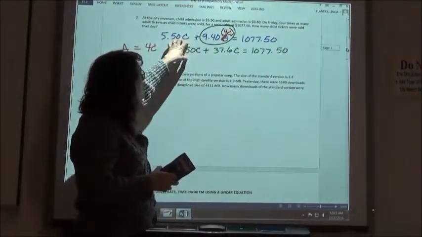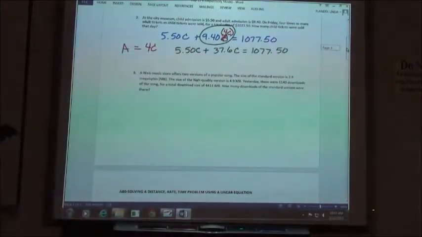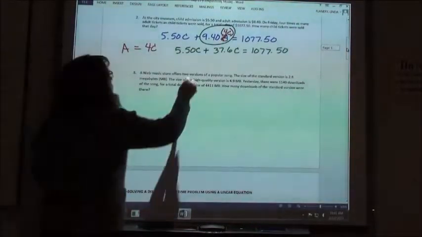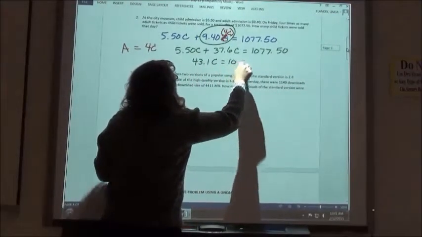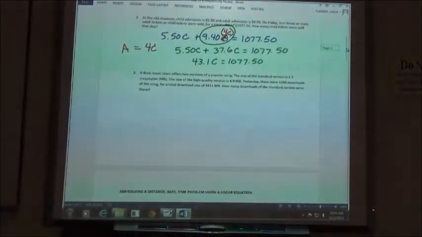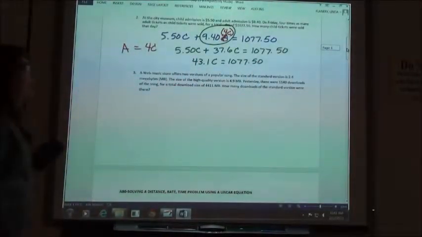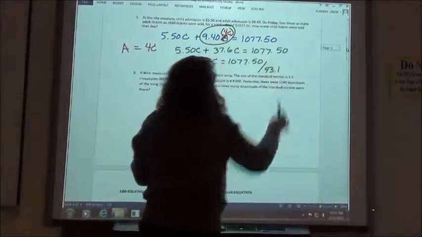This is the children's, this is representing the adults in terms of the children's. So 37.6 plus my 5.50 gives me 43.1 C equals my 1,077.50. Now I can go ahead and divide to solve my equation. So if I divide by 43.1,